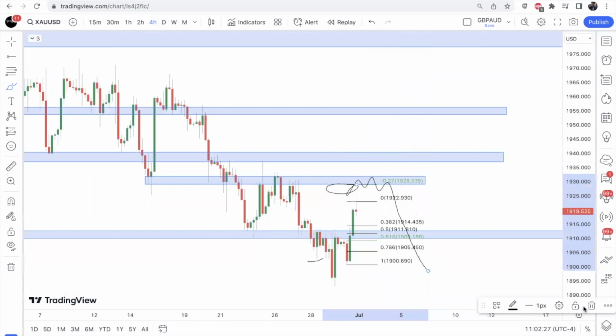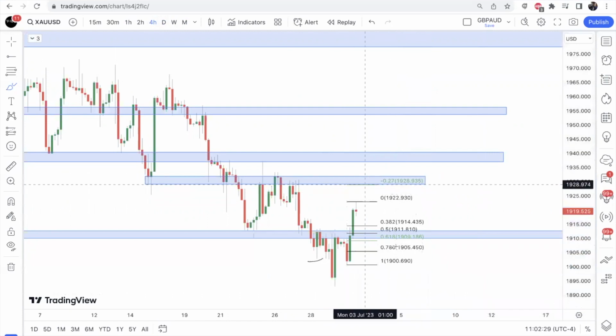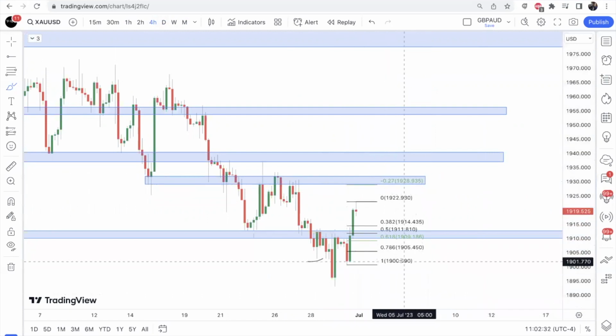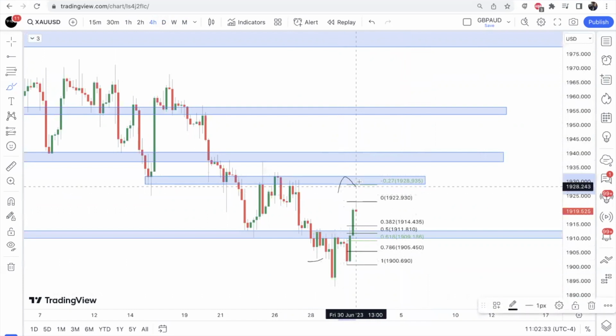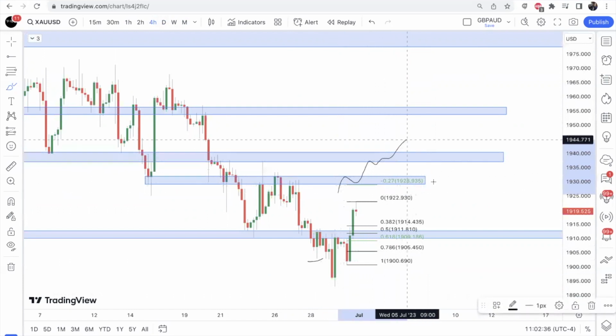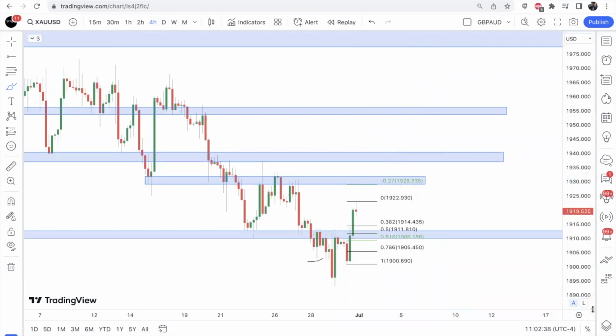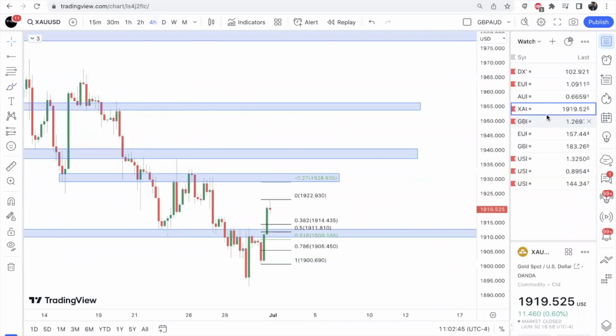So from there, I'm looking to see if price wants to continue the trend to the downside, or do we want to pump even higher before any more potential drop? So yeah, a lot of it depends on what the dollar is going to do. So we just got to play it based off what price is showing us. And always use the dollar for added influence. That's gold.